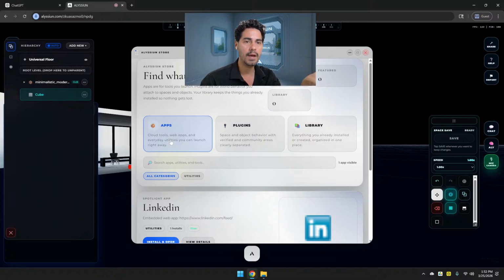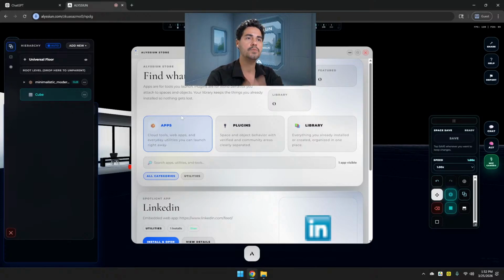Anybody is going to be able to create their own apps for a listing store from scratch, or, and this is coming because it's the most important part, you will also be able to use an SDK, some tools, to convert your existing web app. If you have a CRM, HRM, whatever you have, you already have your apps. You can just use these tools inside ALYSSIUN, and then you don't need to build everything from scratch. It's your own app. You control everything, and then you just publish in here.